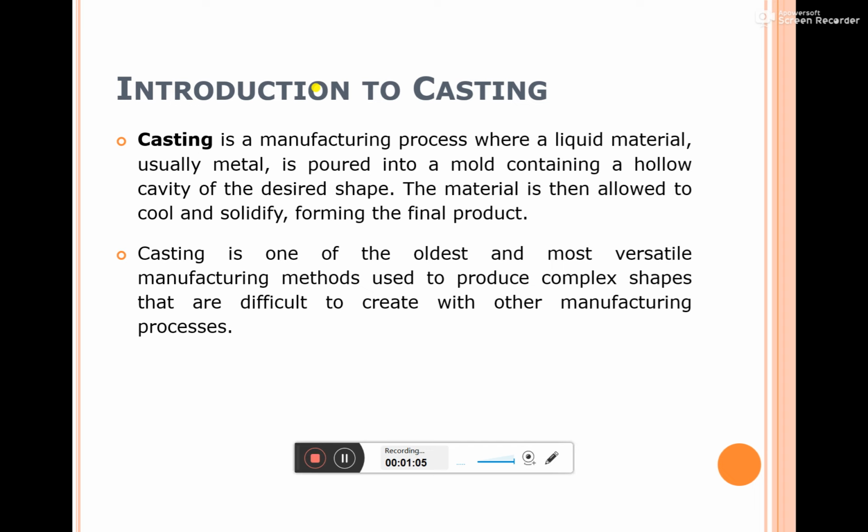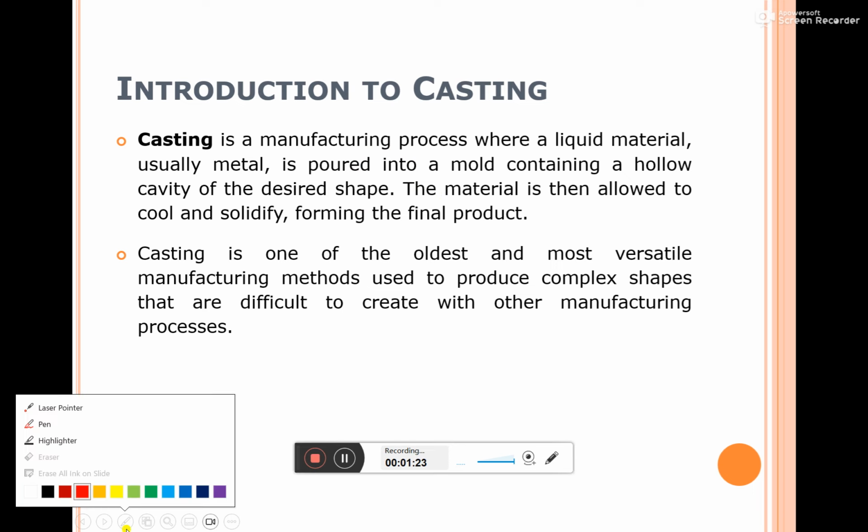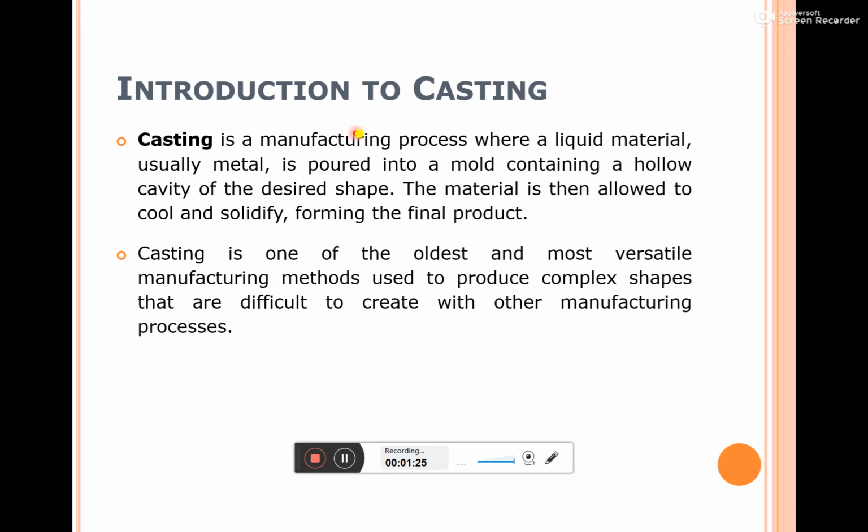In that, I explained about the primary and secondary manufacturing processes. Casting is one such process, which comes under the primary manufacturing process. In the casting process, mainly we can